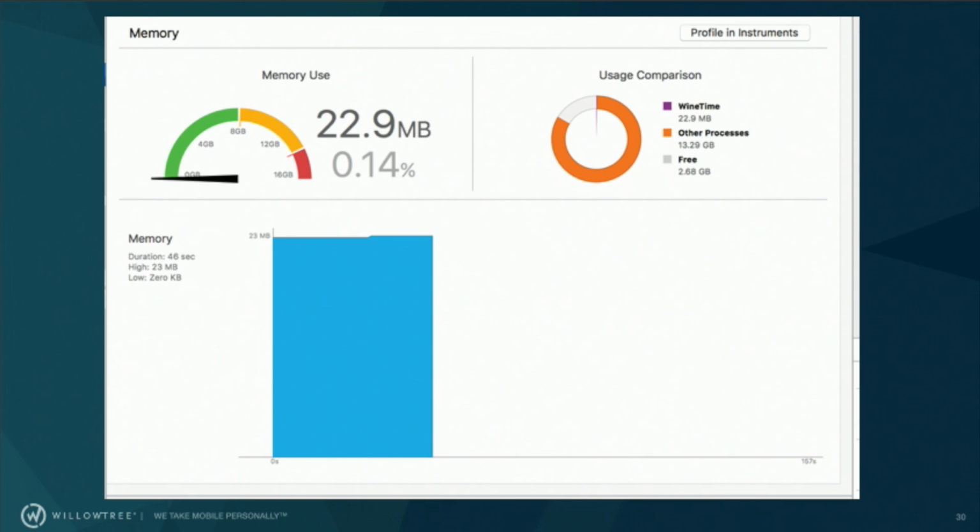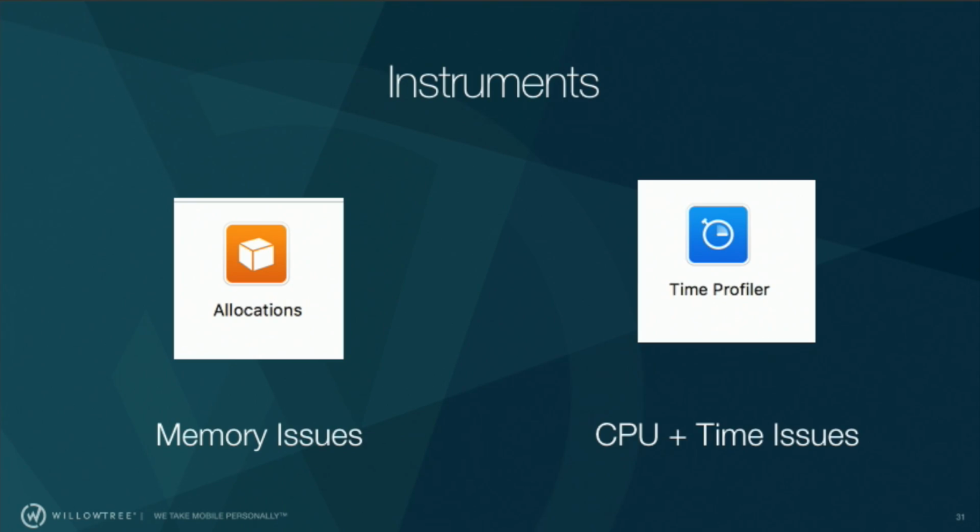So if I keep going and do something even crazier, this will go down, and what I'm doing will go up, and vice versa. If I start to do really small things, it'll come down here. So this is showing you the closest level of all of the things happening in your app. And these two views both correspond to two instruments. That memory panel corresponds to allocations, and the CPU panel corresponds to time profiler.